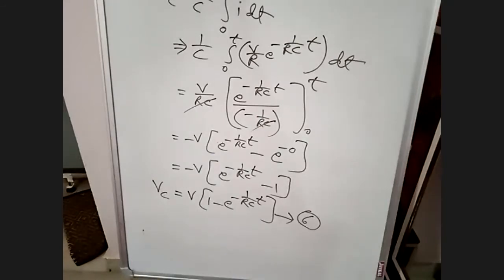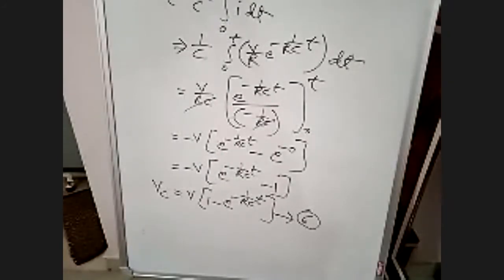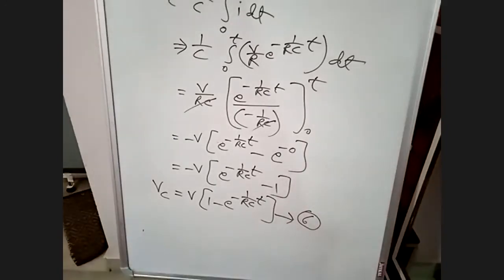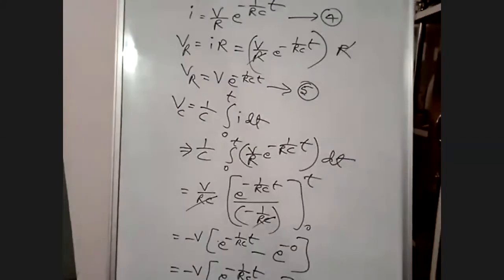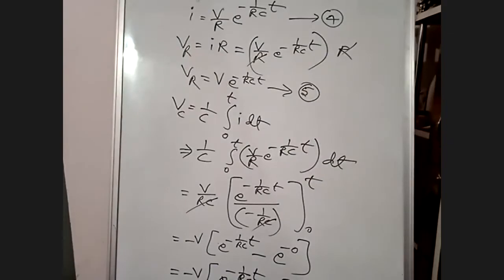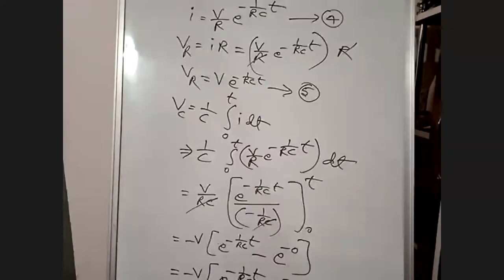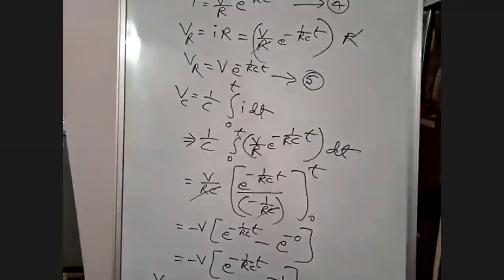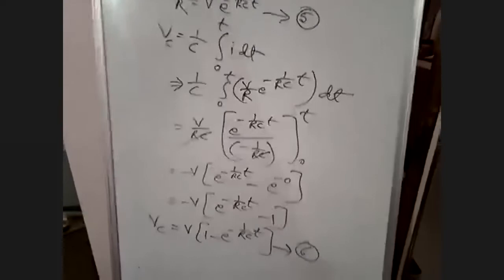Now tell me, for voltage across the capacitance, the curve is exponentially rising or decaying? Rising. Exponentially rising, because we are having 1 minus e power minus. If you substitute the time constants and calculate the value, we'll get it is exponentially rising. But for voltage across the resistance, equation 5, rising or decaying? Decaying. It will be decaying because it is e power minus. This is about voltage across capacitance, equation 6. You have to remember the equation 6 also.